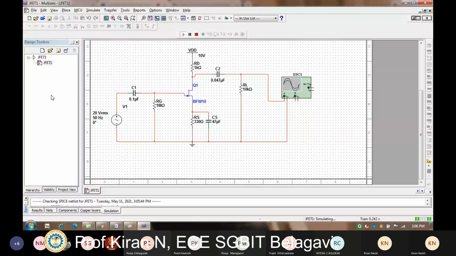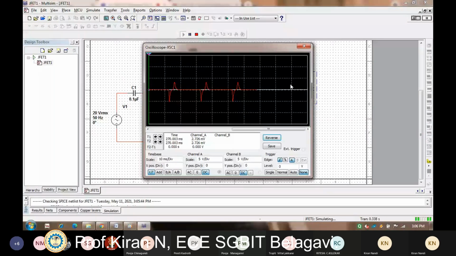Then double click on this oscilloscope. You can find the oscillations which are generated here. Now I need a frequency response here. So I shall set some of the values here.